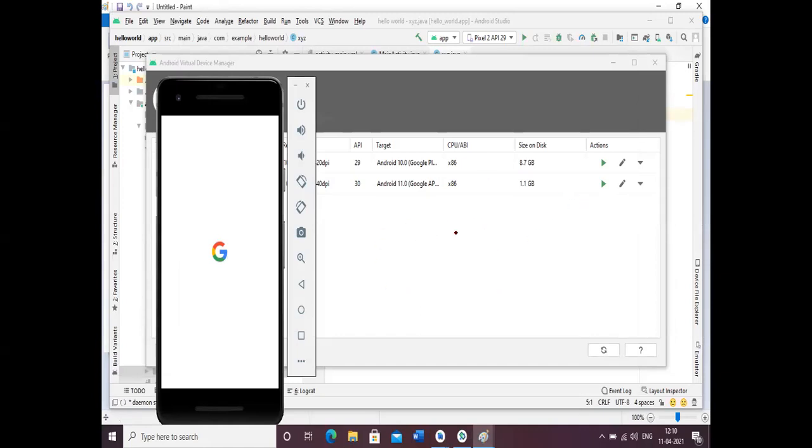So this is the Android virtual device of your choice. You can select any type of virtual device of your choice. You can view the design on the activity main.xml, you can also code correspondingly, and you can also edit the layouts. This is a virtual device and you will be performing actions on this device. This is exactly how you can install an Android device on your system.